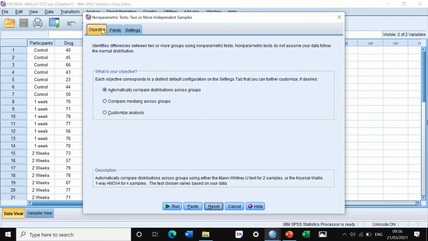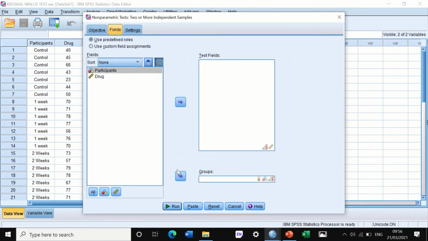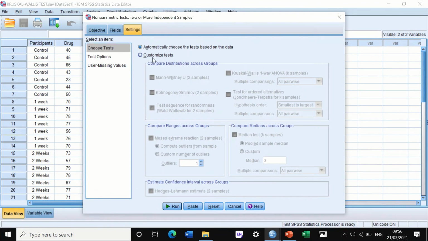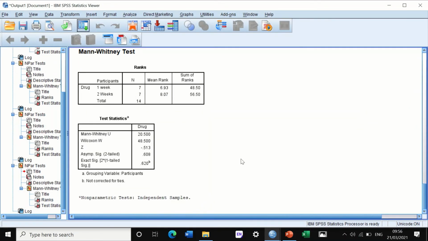In this window, in the objective, we're going to customize the analysis. In the fields, we're going to drag the participant into the groups and the drug into the test field. Then we'll go to the settings, and in the settings I will click on customize tests, and I will find an option called Kruskal-Wallis test, one-way ANOVA, for k samples. Click on that and it says multiple comparisons, using all pairs. Hit the button for run, and SPSS will generate